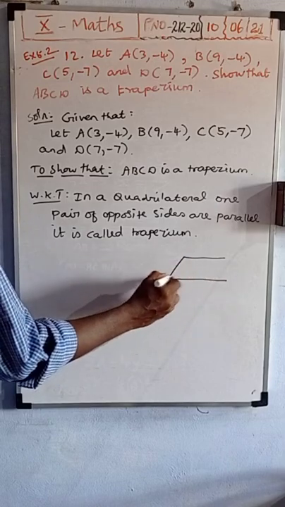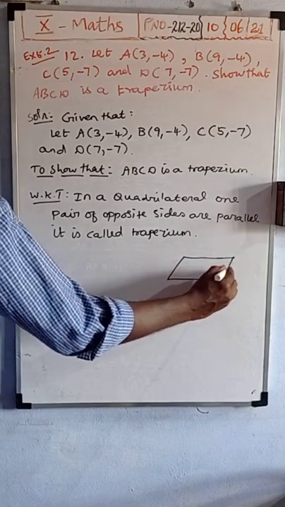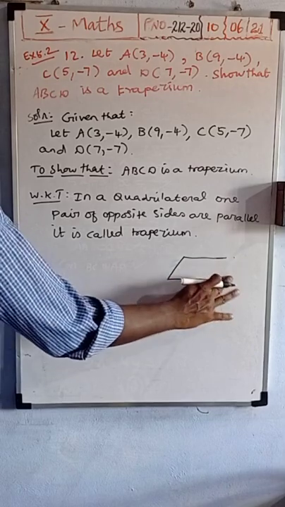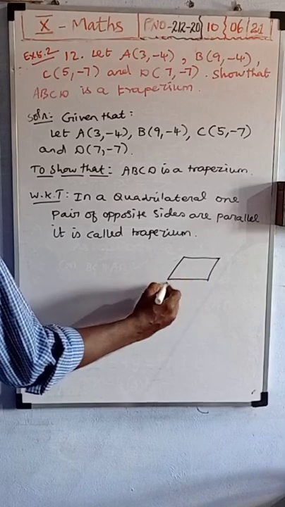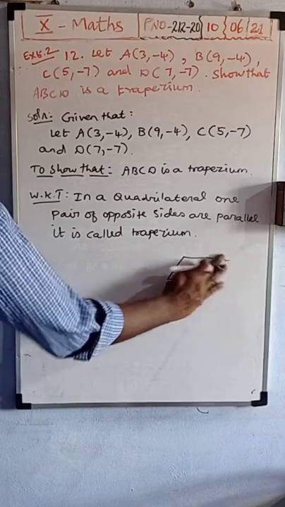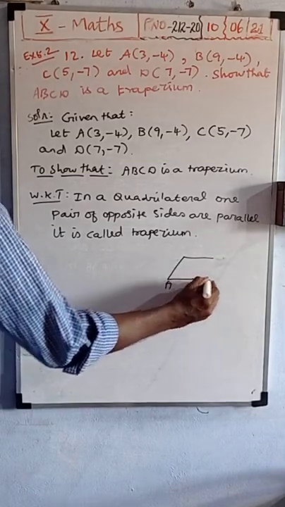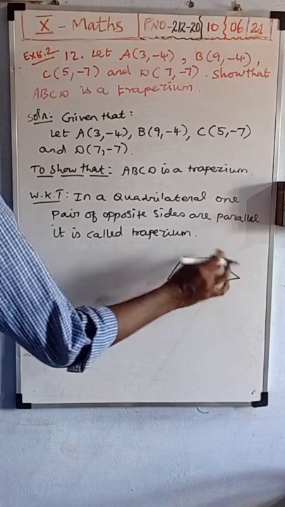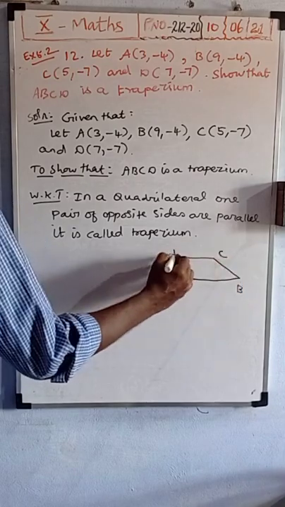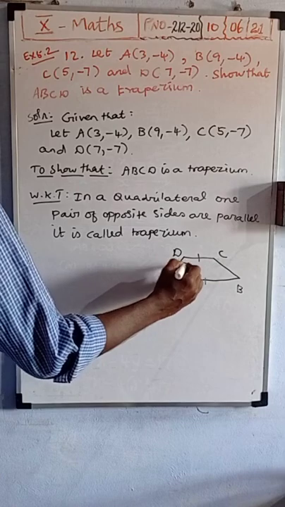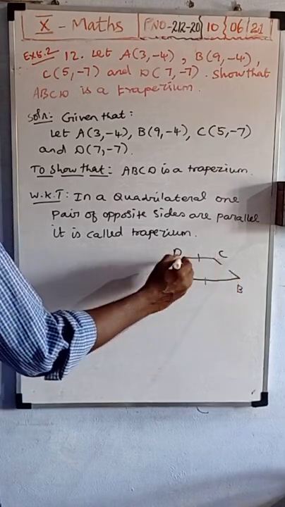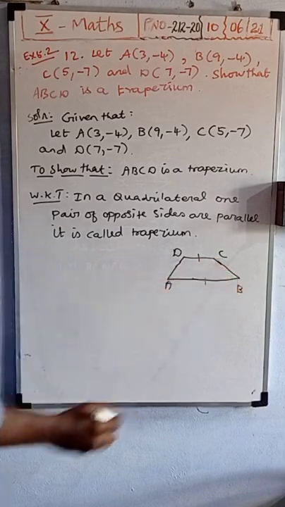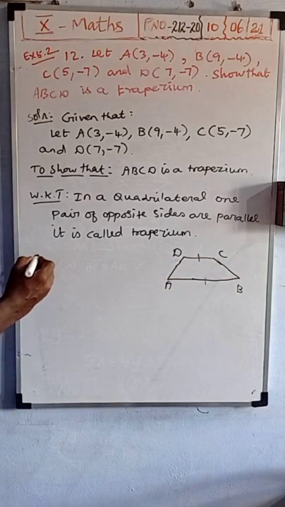Now here you see the trapezium shape, you know. Any one of the sides is parallel. For A, B, C, D, we do not know which one is parallel. Okay, we will know only after finding it. We come to know which one is parallel using the concept of slope.